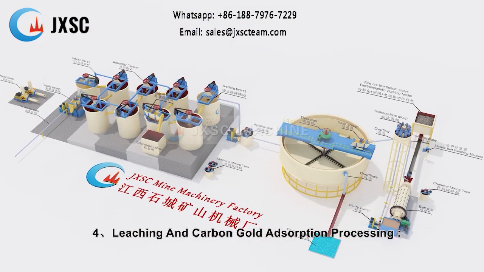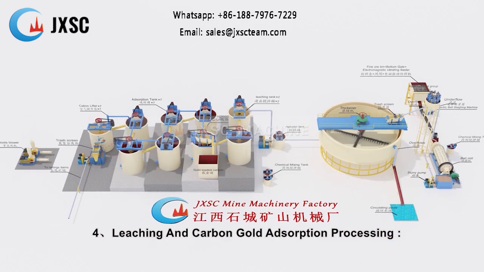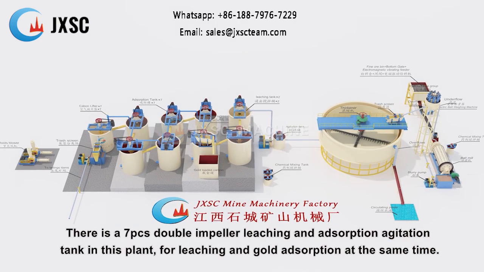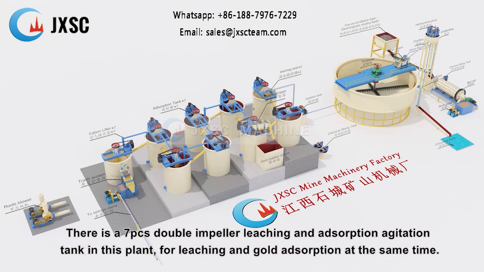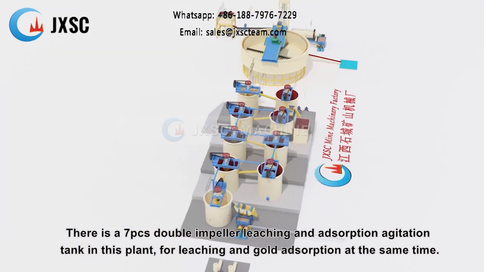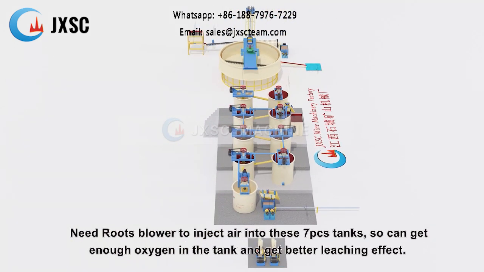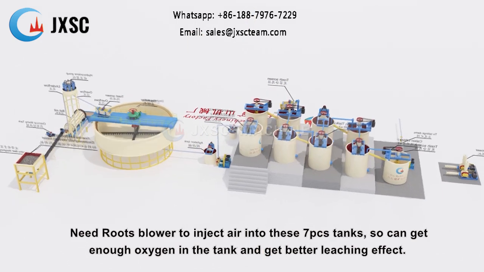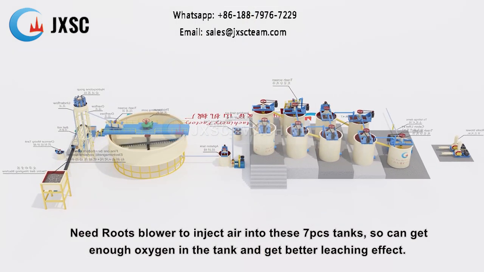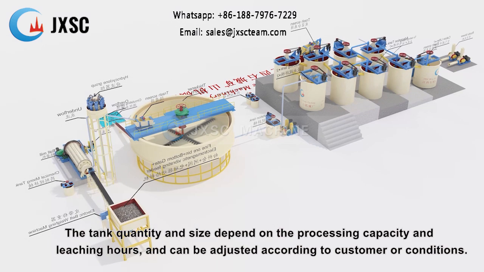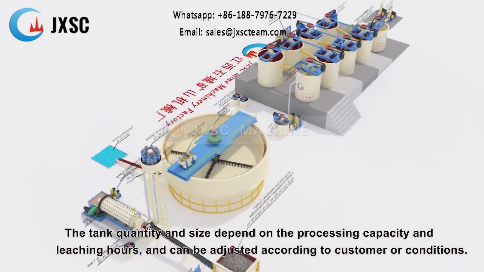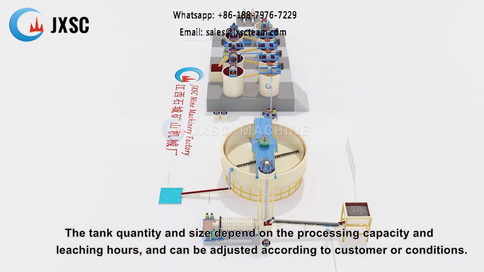4. Leaching and carbon gold adsorption processing. There is a 7-piece double impeller leaching and adsorption agitation tank in this plant for leaching and gold adsorption at the same time. Need a roots blower to inject air into these 7 tanks so they can get enough oxygen in the tank and get a better leaching effect. The tank quantity and size depend on the processing capacity and leaching hours and can be adjusted according to customer